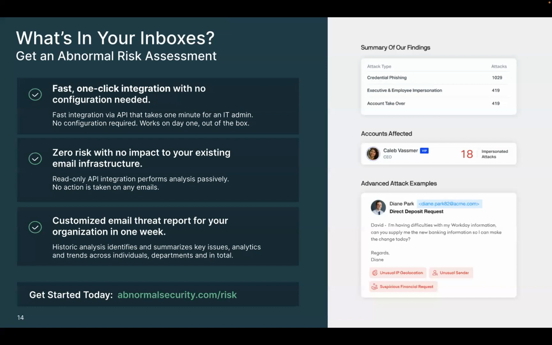However, one of the key capabilities that we have, a feature we call Abuse Mailbox, is this: if you're allowing your employees to report messages in, and these reports can be delivered to a phishing mailbox at your company or maybe in any other location, Abnormal allows us to almost re-inspect those messages again, right?